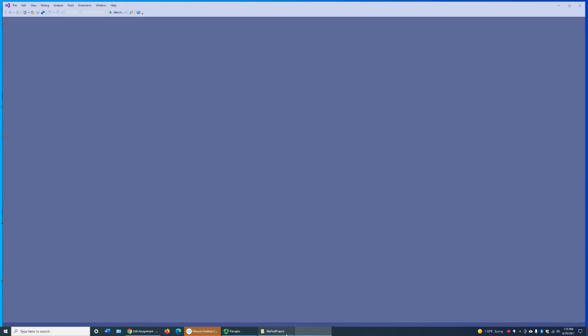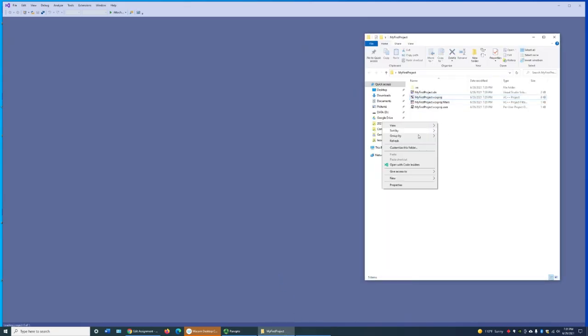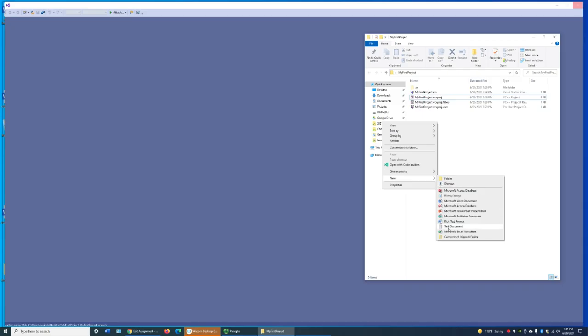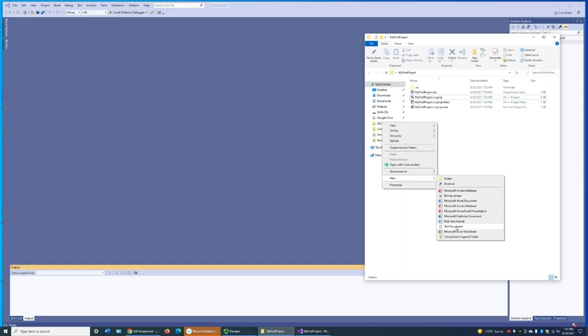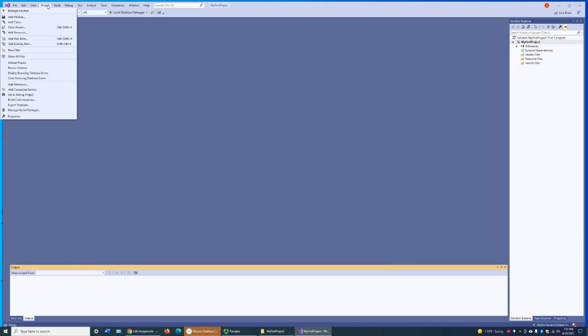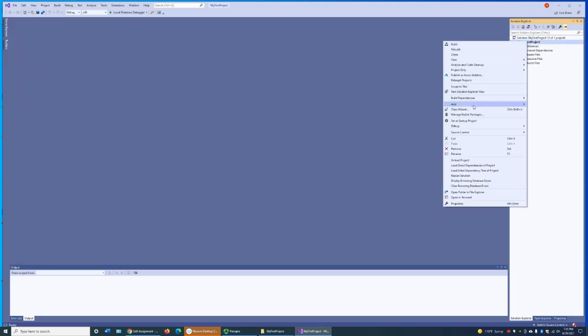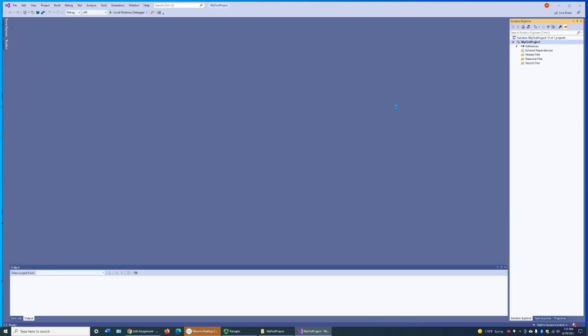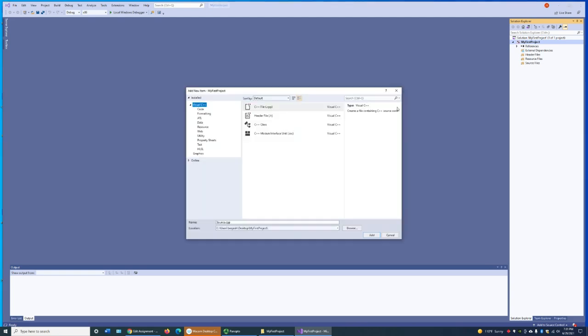And what we're going to do is you can add right here. You can go in here and you can say new, and you can say text document and name it as a .cpp, and then add it to the project. Make sure you do it in the same folder as your project is, or you can go here to project, add new item. You can also right click over here and say add new item, and this is where we're going to actually add the header file, not the header file, excuse me, our source file,